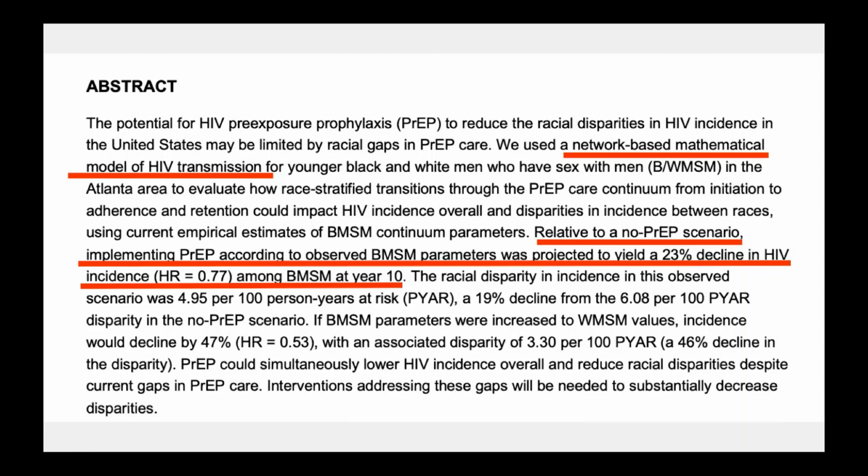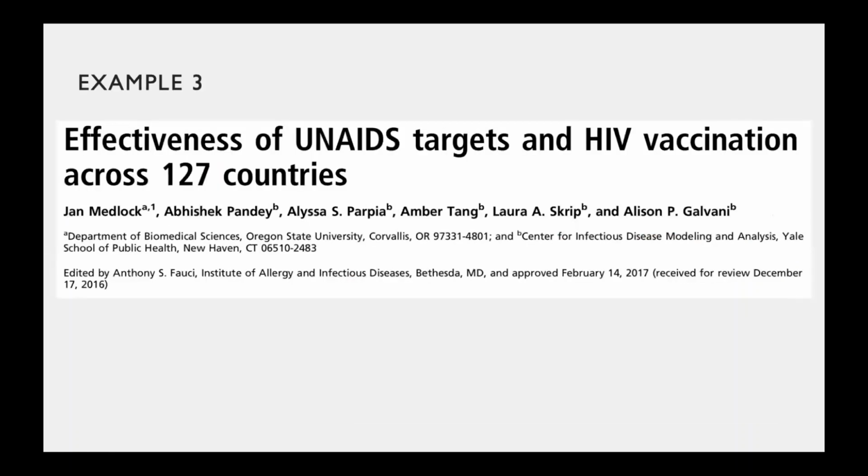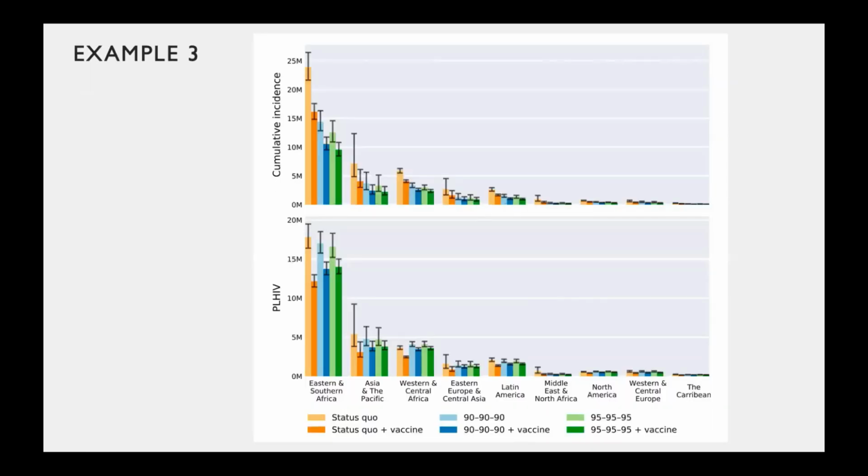they were pretty much comparing different strategies with different regions across the globe on, to do 90-90-90 versus 95-95-95 for an HIV vaccine. And this kind of is just, again, showing you how people use models to compare what would be the outcomes based off of these different types of interventions. And as you can see, the strategy that compares the 95-95-95 in the vaccine has the best outcome in decreasing the overall cumulative incidence, or again what we